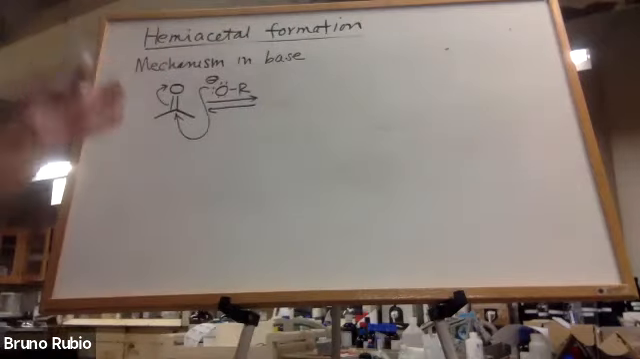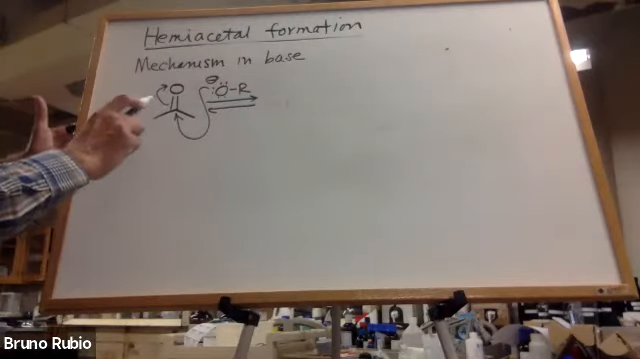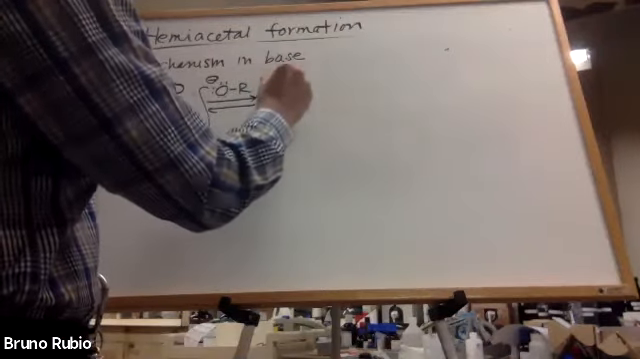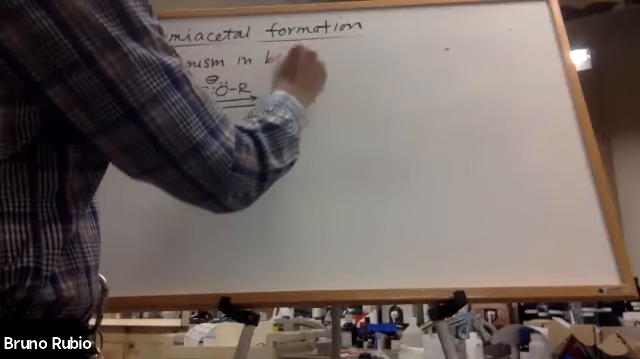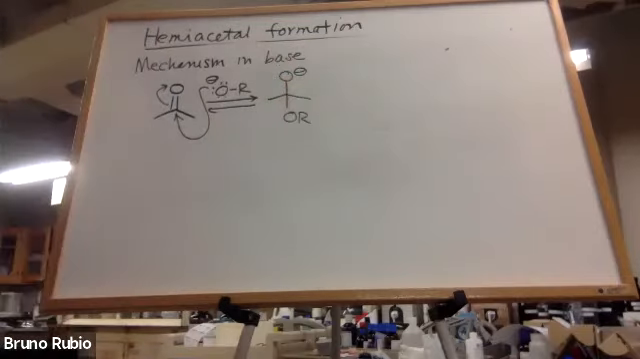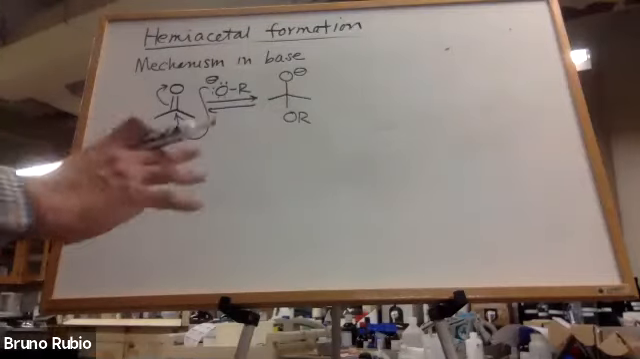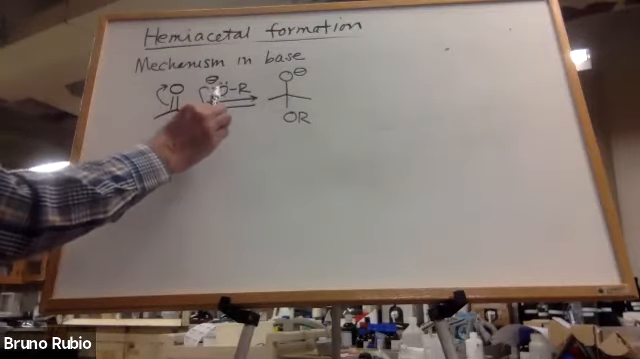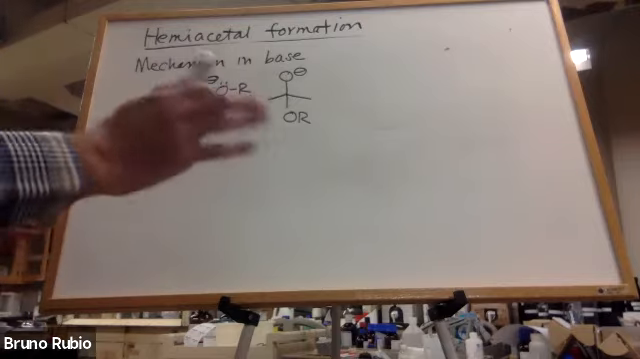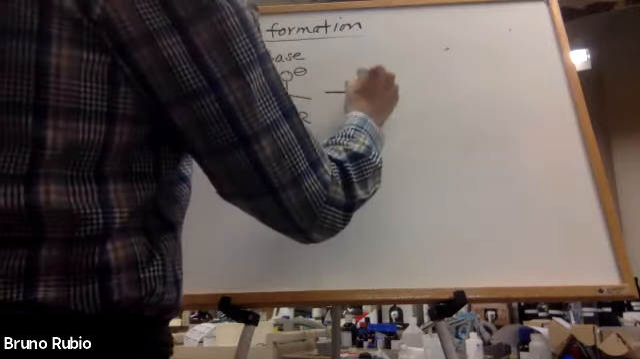We can't stop there, because if we do, we'll have a carbon with 5 bonds. So the alcohol attacks the carbonyl carbon, and we get a species that looks like this. This is exactly what happened in the first step of the hydrate, except with the hydrate we had OH minus here. Now we have RO minus. And so now, second step,